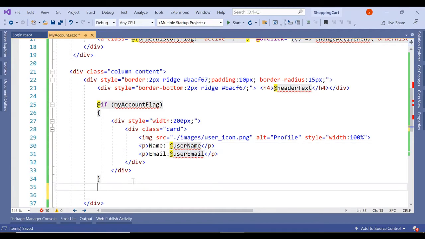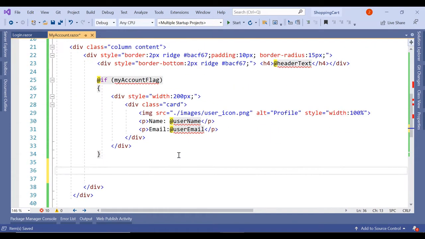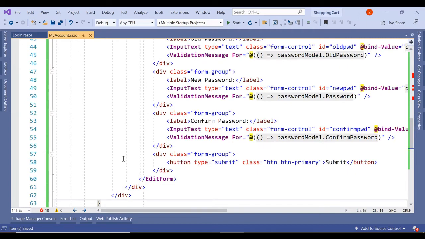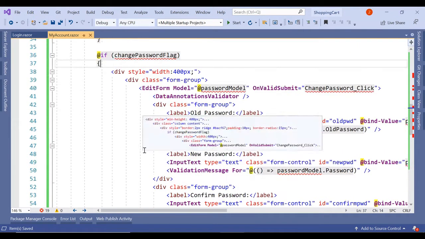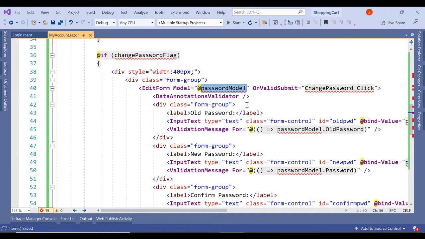Okay, let's create the second one for change password flag. If this change password flag is true, then we are going to show this entire structure, and we are going to bind this password model. We are going to create one model on similar lines to what we have created for login, register, and the other models. Here this edit form is there.